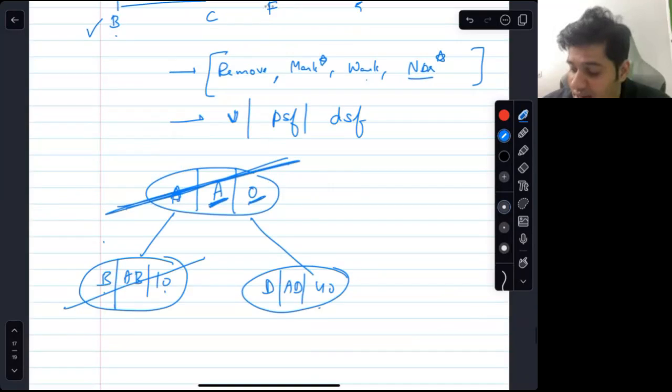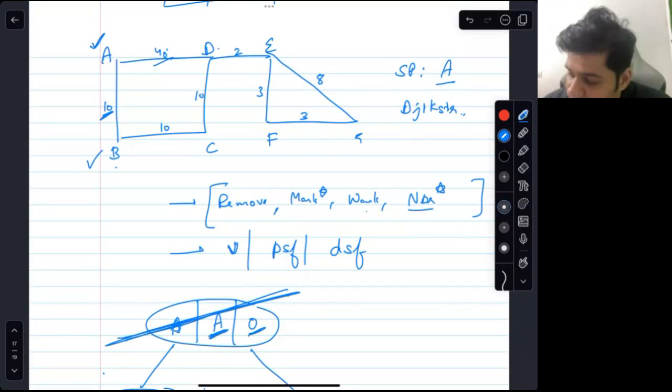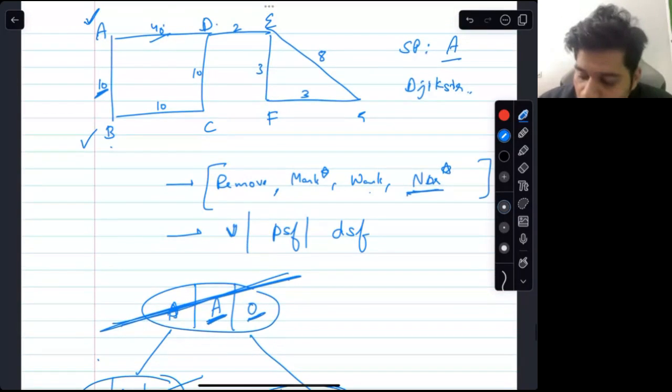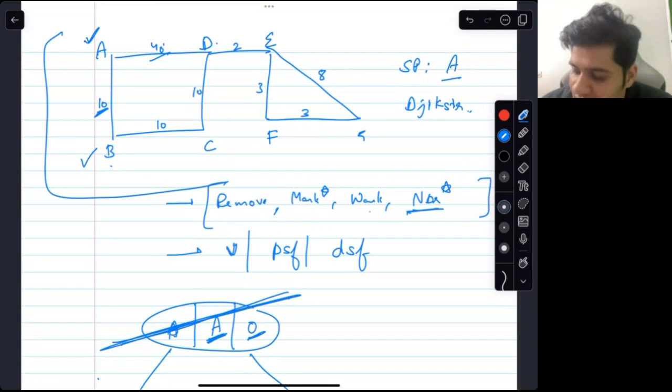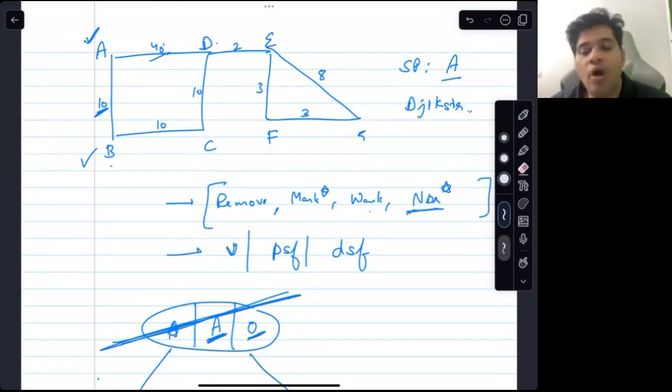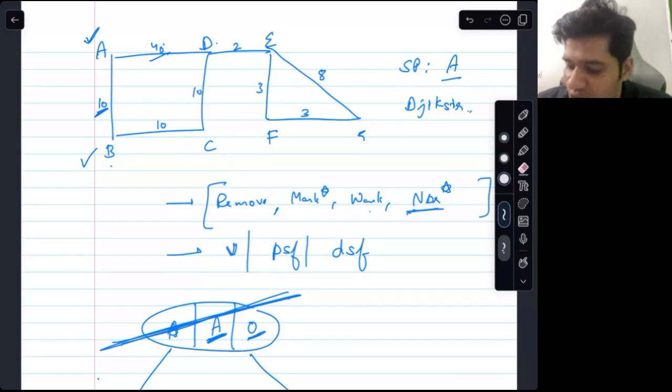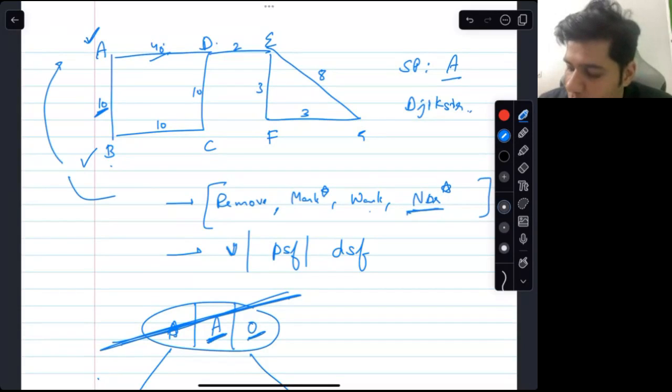Now neighbor star. Now you would understand the meanings of stars. Neighbor star. From this picture, who all are the neighbors of B? A and C are the neighbors of B. No, D is not the neighbor of B. D is far. Neighbors of B are A and C.